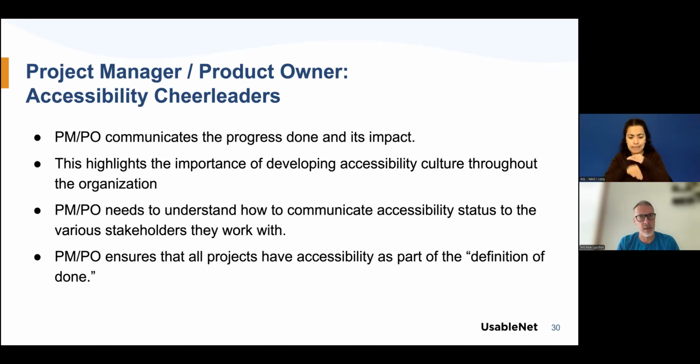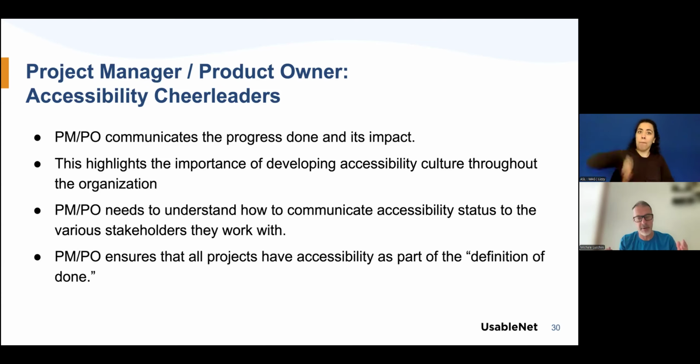Like we said before, celebrating and demonstrating the progress is one of the best vehicles to keep the accessibility program fueled and going. So responsibilities are, of course, related to communicating progress and the impact of the remediation that has been done.